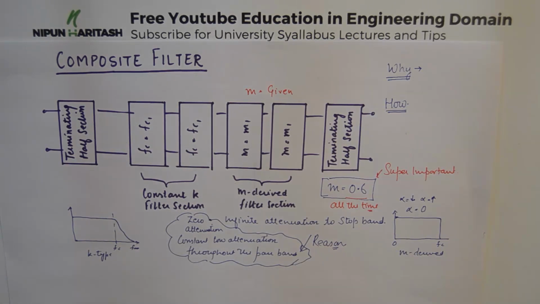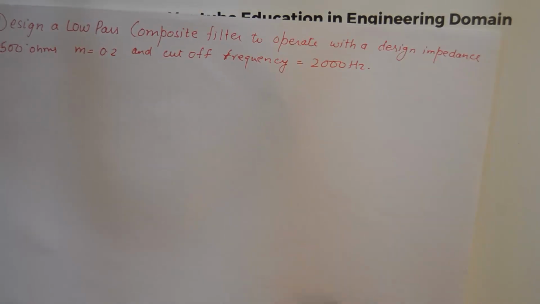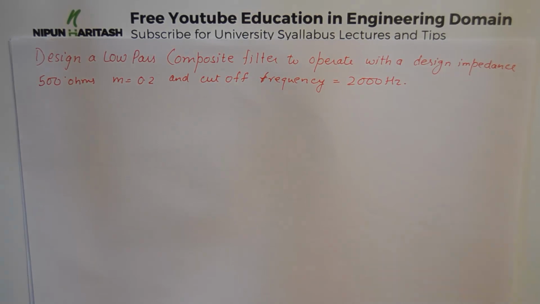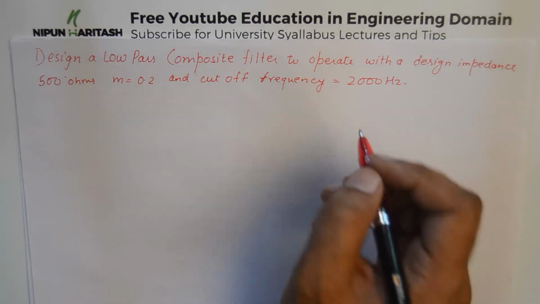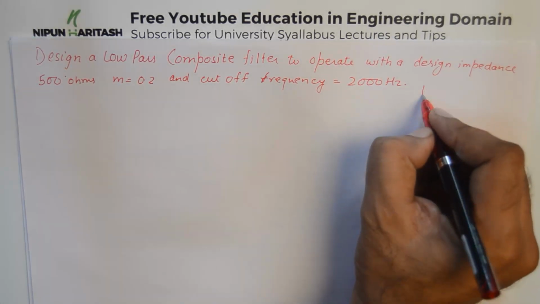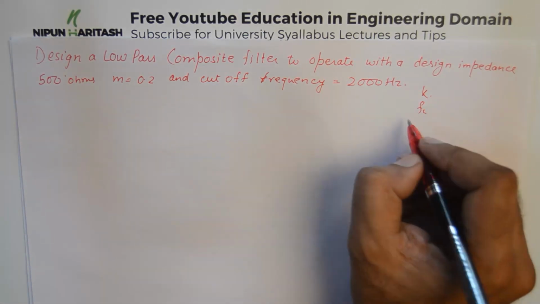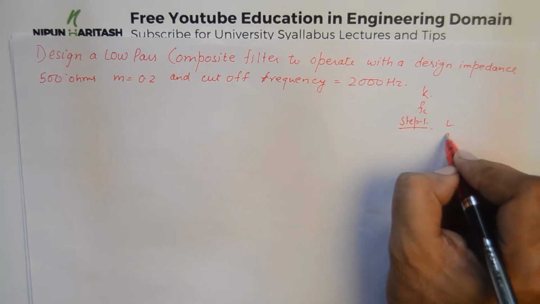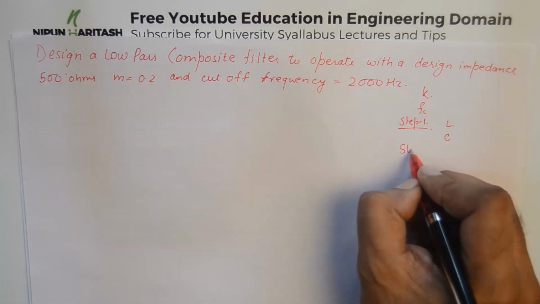If we were to draw a composite low pass filter, the question would look something like this. We need to design a low pass composite filter to operate with a design impedance of 500 ohms, M equal to 0.2, and cutoff frequency equal to 2000 Hertz. By using this data, of course, we have K and FC. Step number 1 will be to find out L and C, and then step number 2 will be to